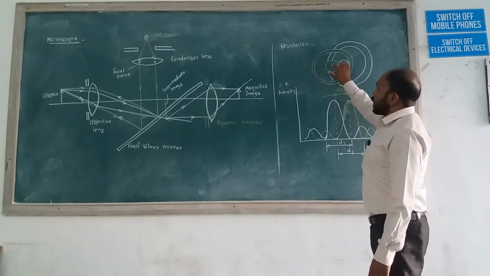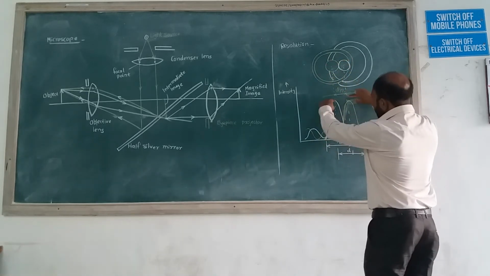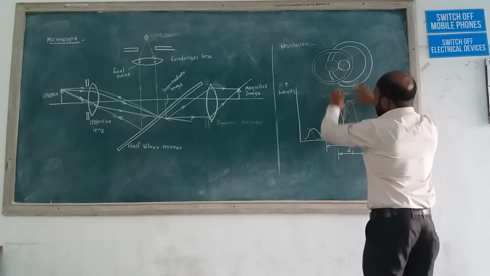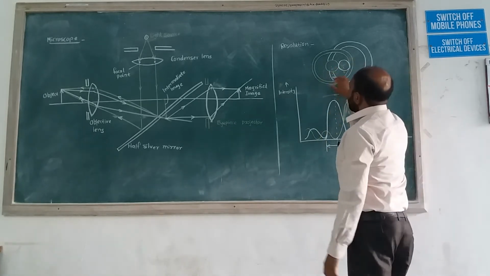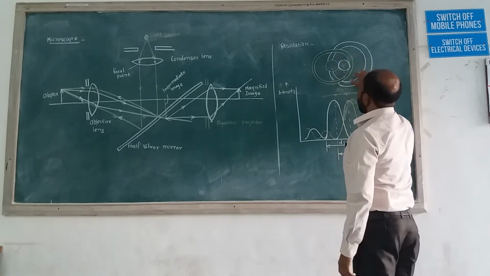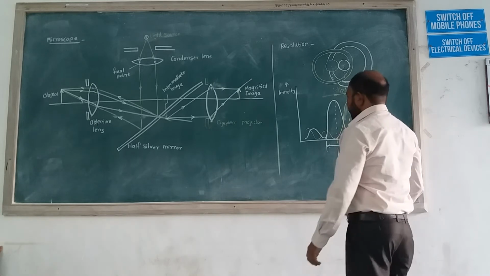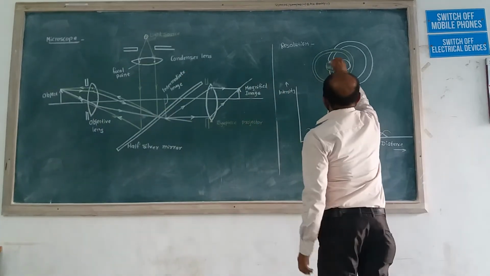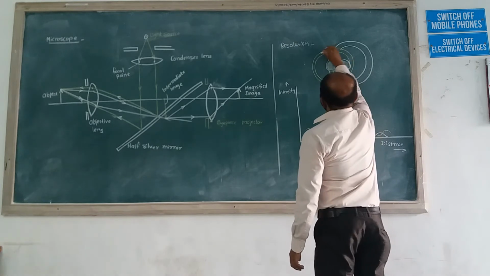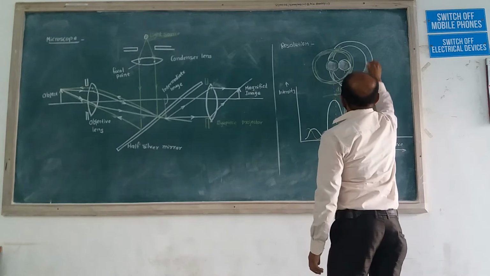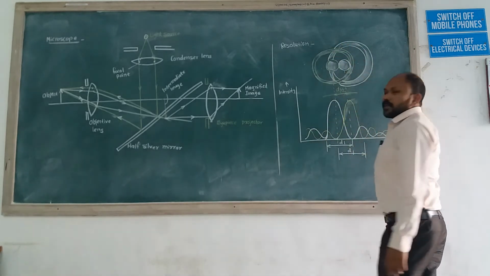The bright spot is available at the center, so these two amplitudes are greater because this is related to this bright spot. Then here no light is there, and here again no light is available. Here light is available, here light available, here light available. But here light is not available.